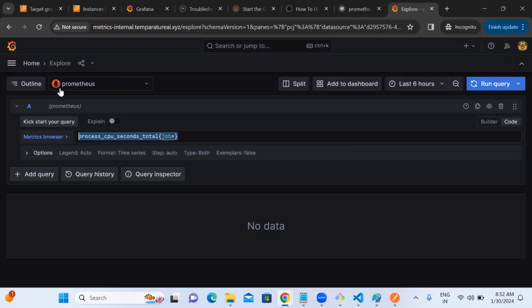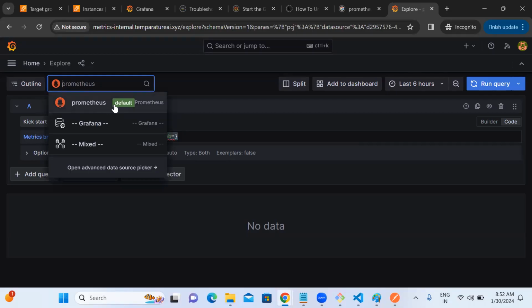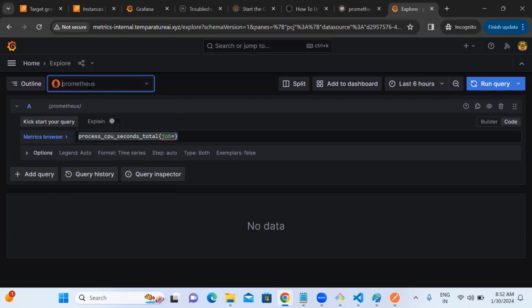This is called what here? Data source. Prometheus. So into Prometheus, who is sending the data? Node exporter. So in the market, based upon the exporter,